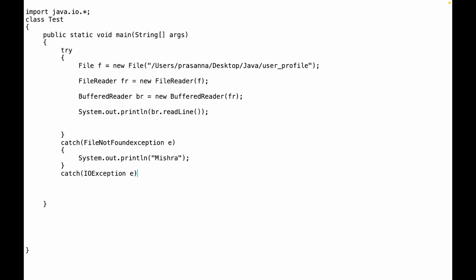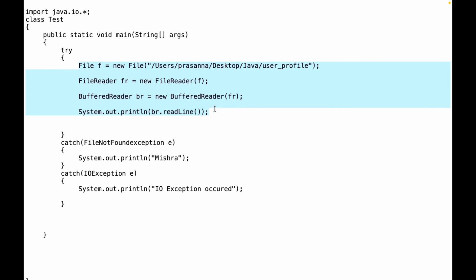IO exception A something, let's say I'm trying to print System.out.println "IO exception occurred." Okay, now what I did here, in order to read the contents from this file, I